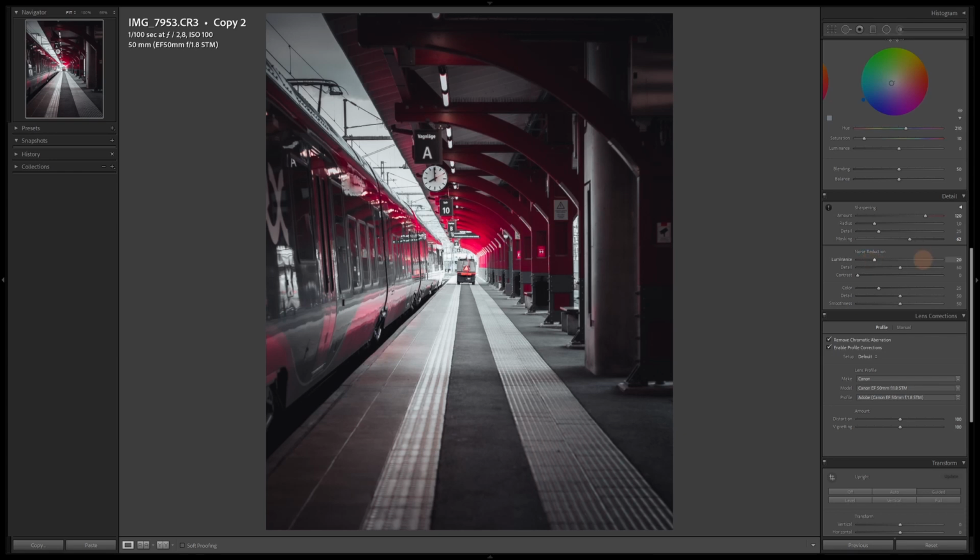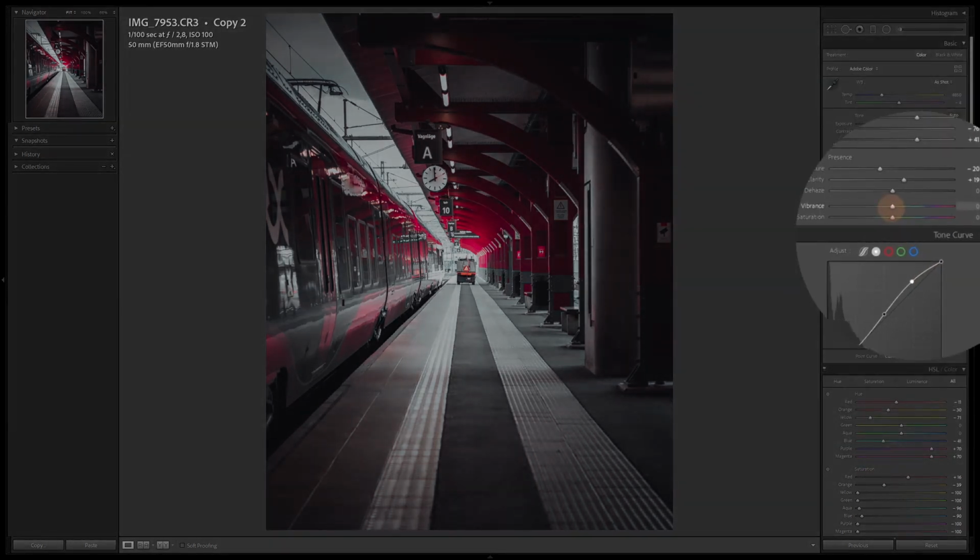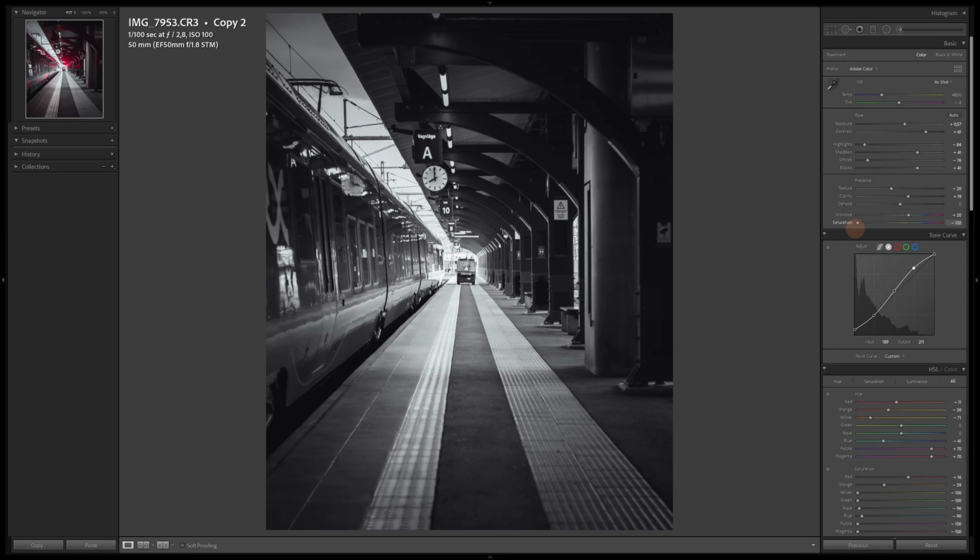20 looks good. We actually have one final touch left to do, and I actually left vibrance and saturation to the last. I'm gonna add, I think, 20 in vibrance. For the purpose of this image and my personal preferences, I think it's way too saturated, but that's also why I like to add saturation last, because by doing this last, I can have full control. I can even go black and white if I like. So I think that around -30 is gonna give the effect we are after.